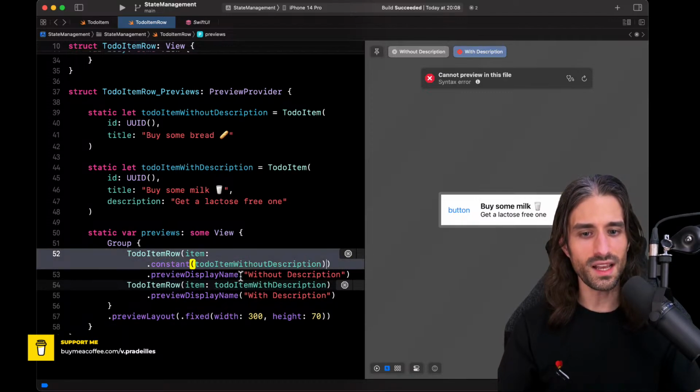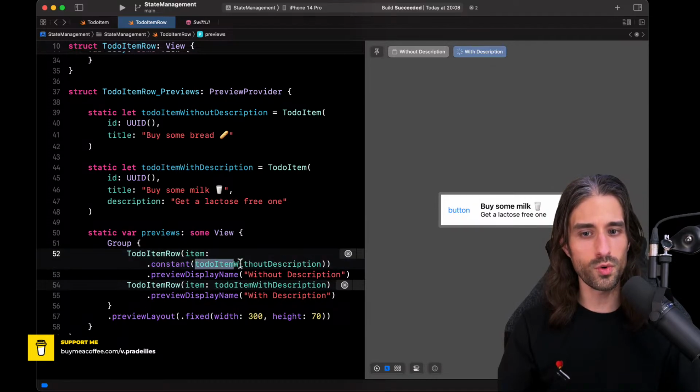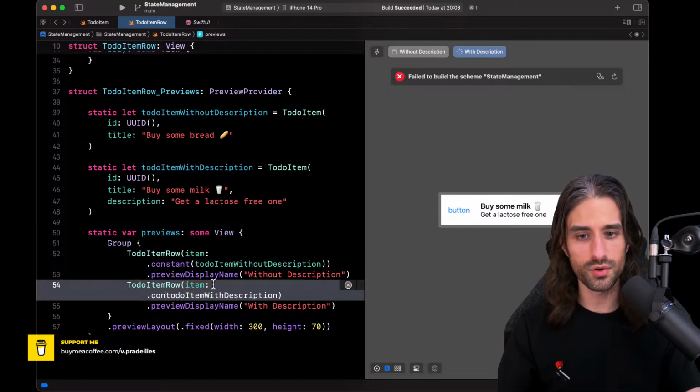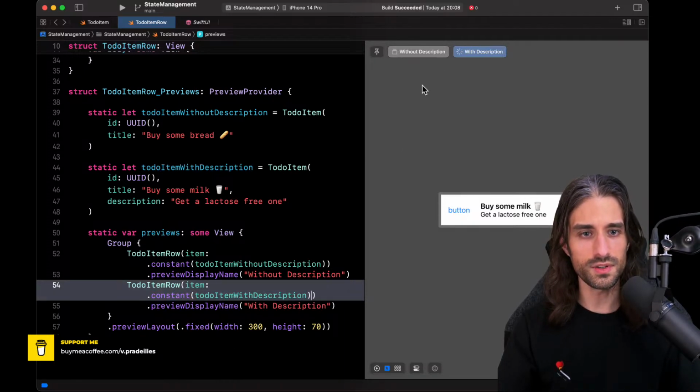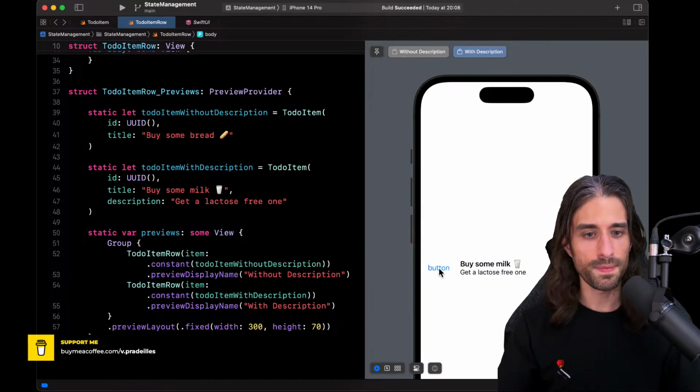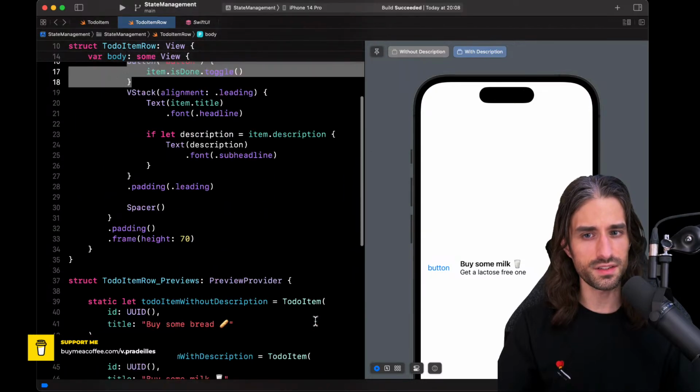So you can kind of see it as a binding whose getter would always return what you've passed as an argument and whose setter does nothing. So I'm going to also wrap the second argument in this constant like that. Okay, so now it's working again. Of course, if I were to click on the button, it wouldn't do anything because it's a constant binding, but our code builds now.